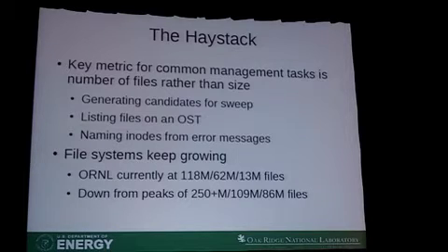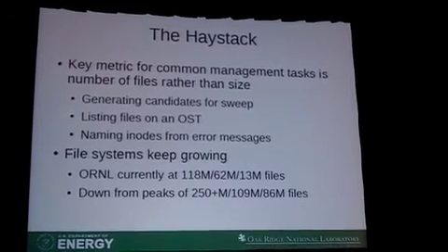And the problem we keep running into, as I said, is that file systems keep growing. We've got 10 petabytes of aggregate storage. We've broken it up into 3 file systems, and as of yesterday's numbers, we had 118 million files in one of them. The other 2 had 62 million and 13 million. Now, the one with 118 was our only file system for a while, and you can guess which one of the 62 or the 13 million is actually the climate guys. They like lots of small files.